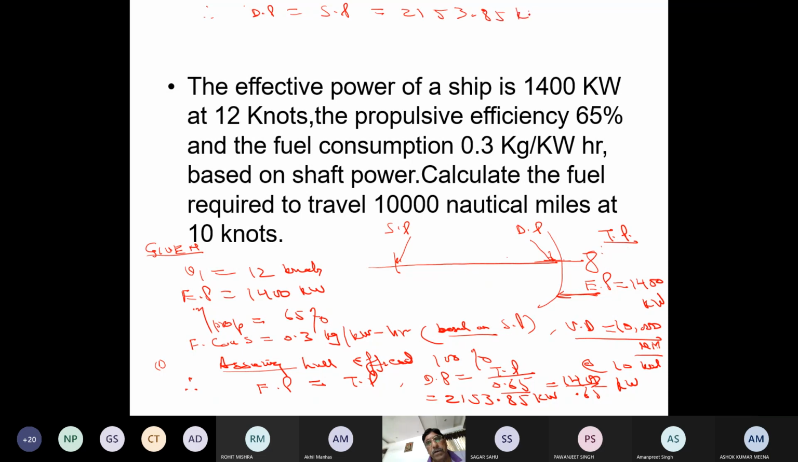2153.85 किलोवाट, ये आपका शाफ्ट पावर आ गया। अब हमें क्या करना है, हमें डेली कंजम्पशन निकालनी है, DC1। कंजम्पशन क्या होगी हमारी? 0.3 kg है, मल्टीप्लाइड बाय पावर